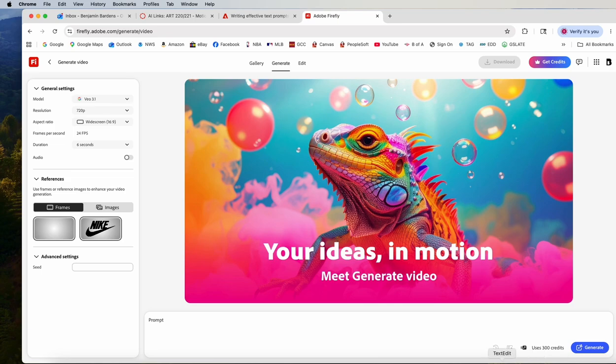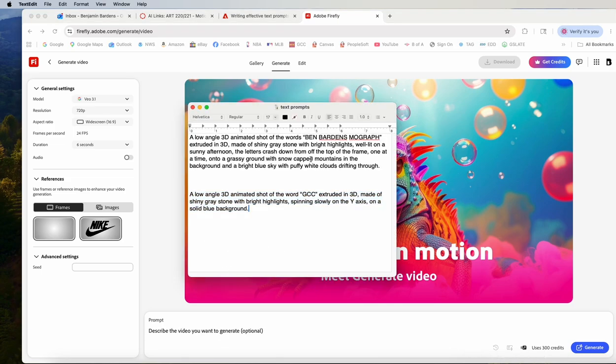Now, my advice here when you're doing your text prompt is to first do it in something like TextEdit. Don't do it directly here, just so you don't accidentally hit return and spend credits doing something you didn't mean to do. So open up TextEdit and write your text prompt ahead of time using a text editor. So for this example, I'm going to define the shot,